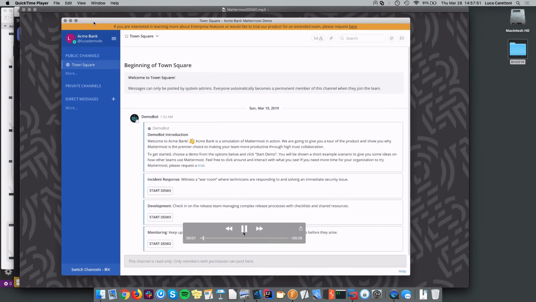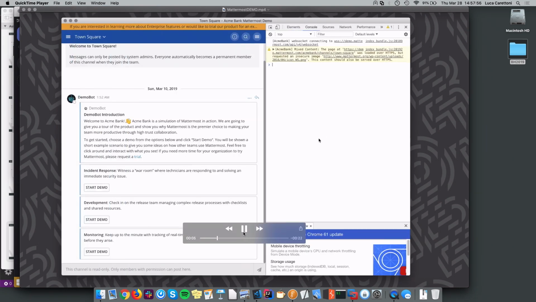So here we have Mattermost. This bug is not patched yet. They are aware of the issue. Enabling context isolation is not trivial. So what we're doing here, we are doing a prototype call